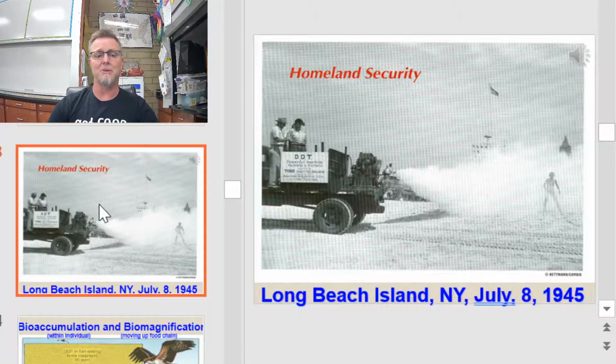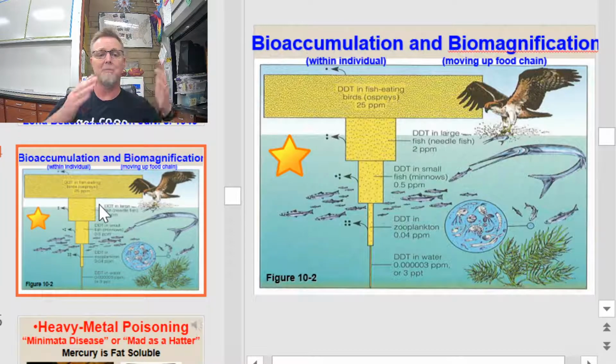That's a bummer. So, most things when you spray them in the environment, like if you take ant spray from that little can of Raid underneath your kitchen cupboard and you spray for ants, after about 2 or 3 days, that stuff's going to wash away and no longer be effective. Not so for DDT. DDT, once released into the environment, can stay potent and toxic and literally move its way up the food chain for years. That's where we get terms like bioaccumulation and biomagnification.